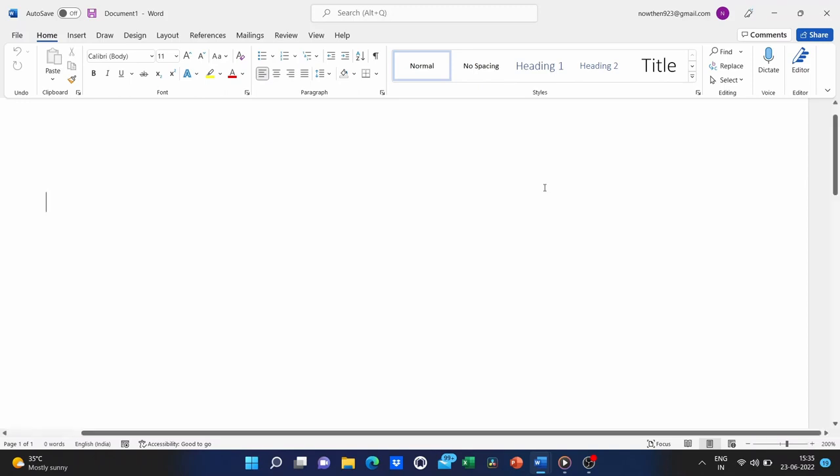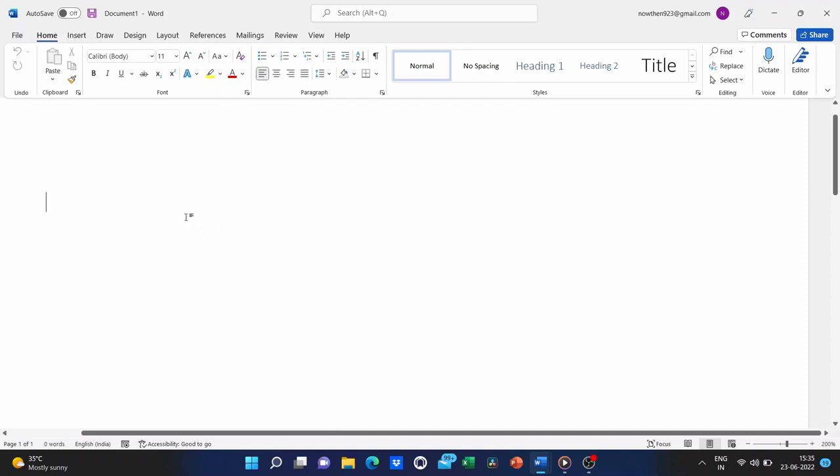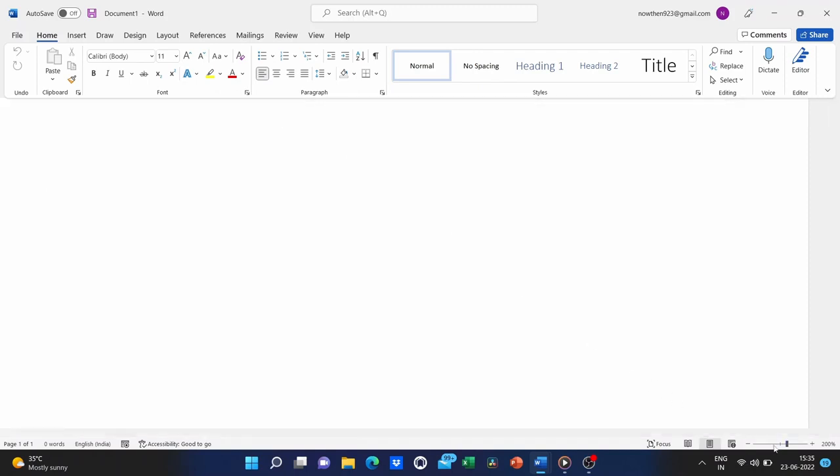Okay, now down here I have the page of my document. This is my Word document and it's completely blank. At this time, a couple of things that I want you to know about before you get started making a document. First of all, I don't know about you, but I like to be able to see the document at least its width, and so I'm gonna go down here in the lower right corner and change the zoom level.